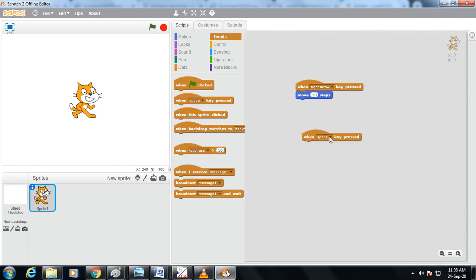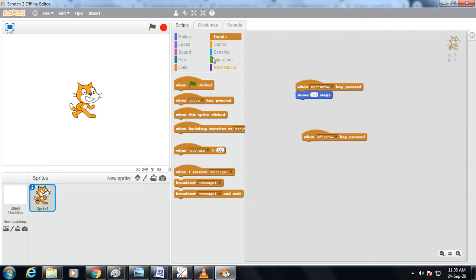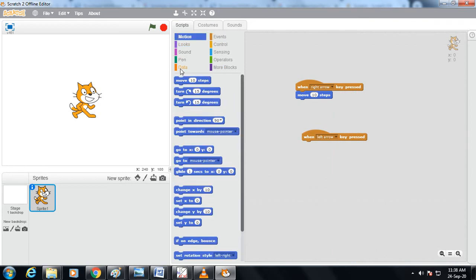When the left arrow key is pressed, we want our turtle to move in the left direction, but 10 steps, and 10 steps is forward, so we want left and right, basically opposite direction.